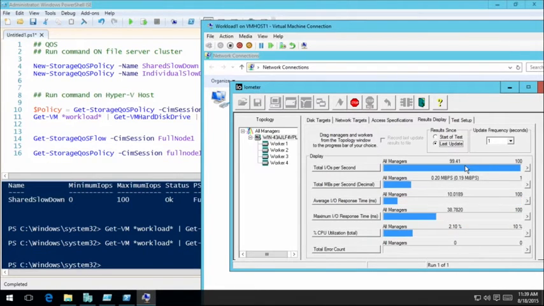So that's the live storage QoS. Again, governed by the file server in cooperation with Hyper-V. Hyper-V enforces the throughput, but it does it based on what the file server tells it it's allowed to do based on the policy and then whoever else is using that policy. You can have as many policies as you want on the file server. You can have a policy for a tenant, a policy for a group of tenants, a policy for an individual